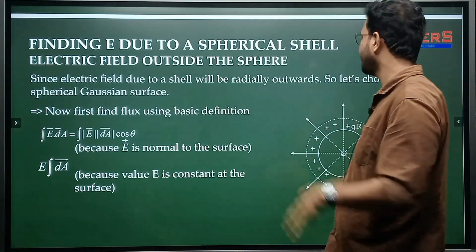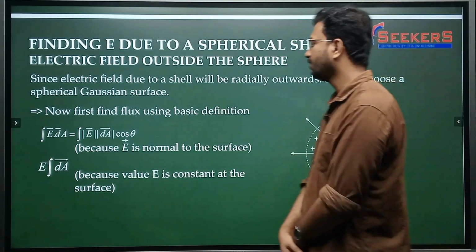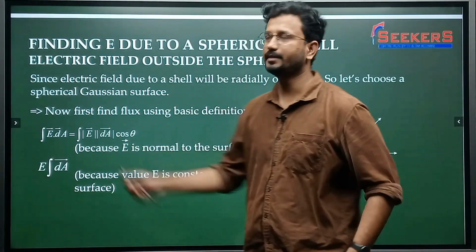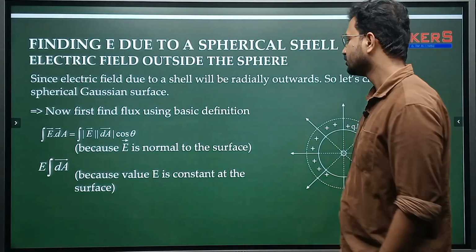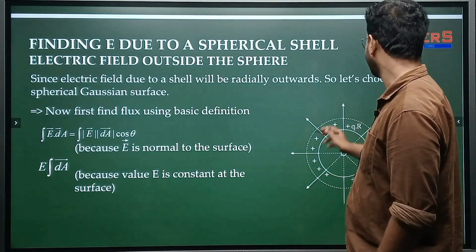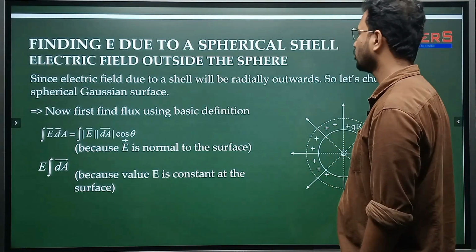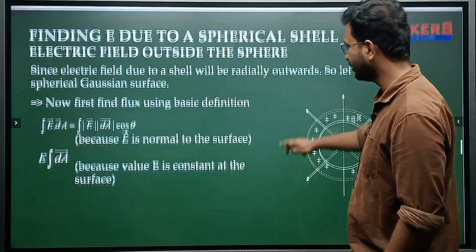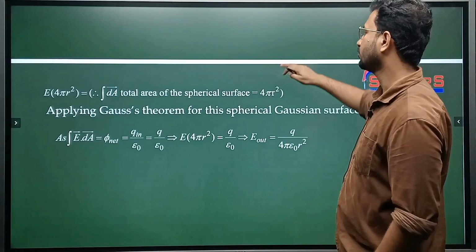Okay, we have a spherical shell, and we have to find the electric field due to this spherical shell at a point outside the spherical shell. So if you see here, we have a spherical shell made up of positive charges. We have to find the electric field at a distance of r from it. So if you see the mathematical expression,